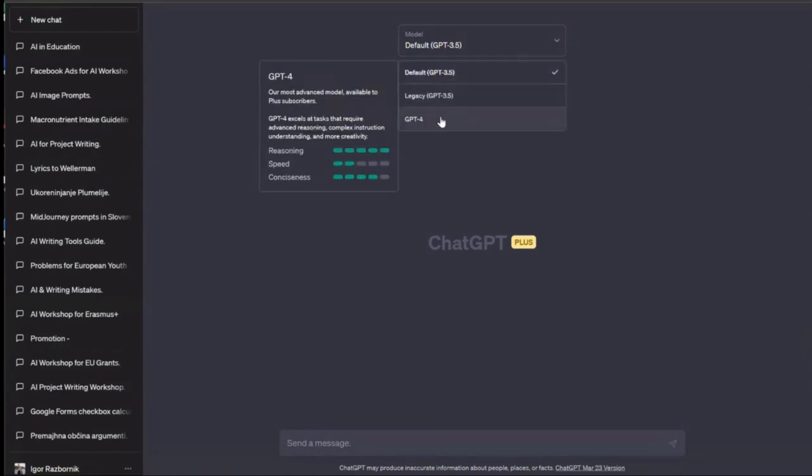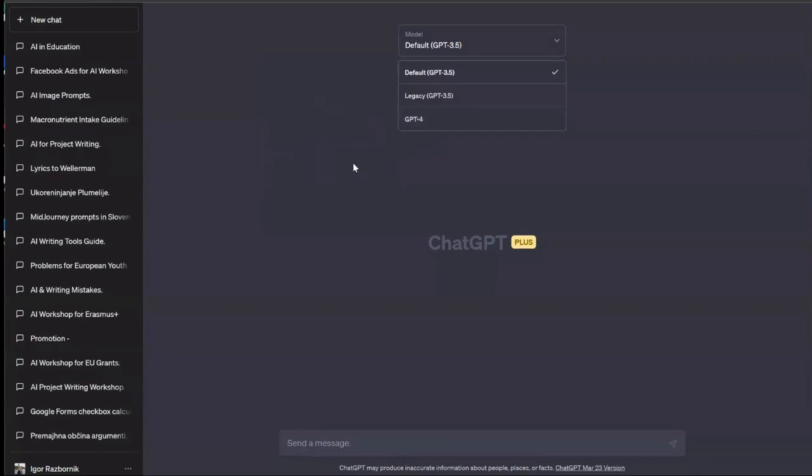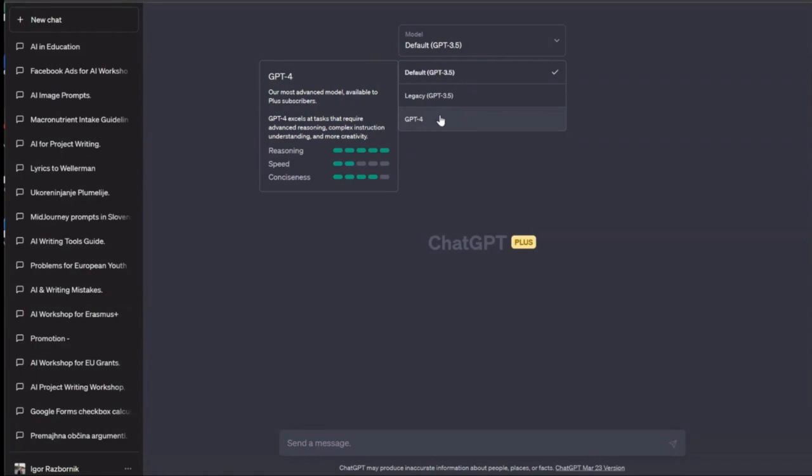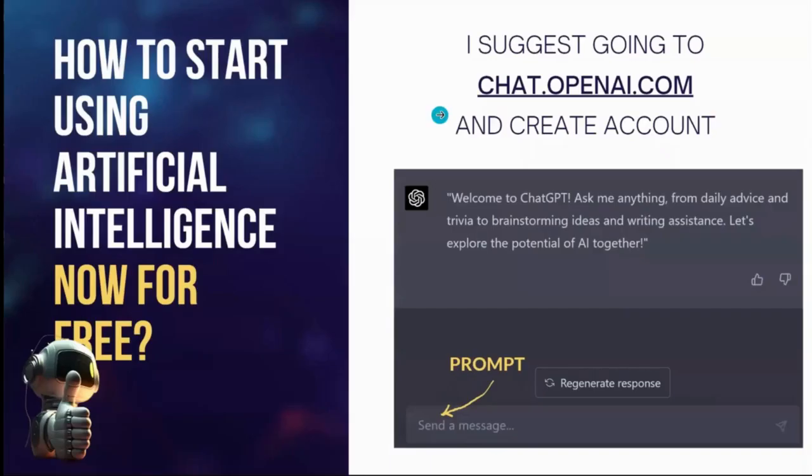You can also have GPT 4, which is the paid version, but we will definitely use it for idea development and for more advanced work. GPT 4 is much more usable because the reasoning and the improvement are much better. So this is what we have here.